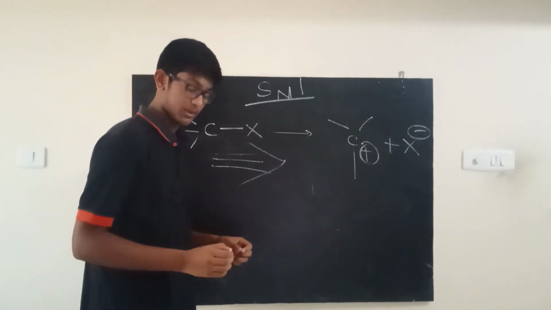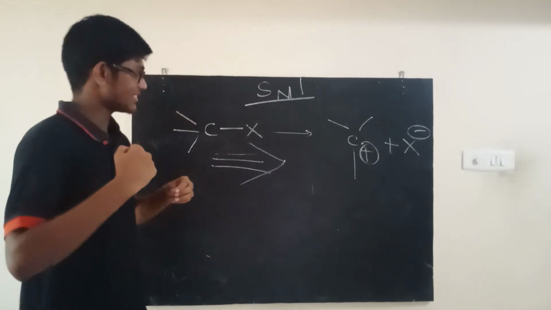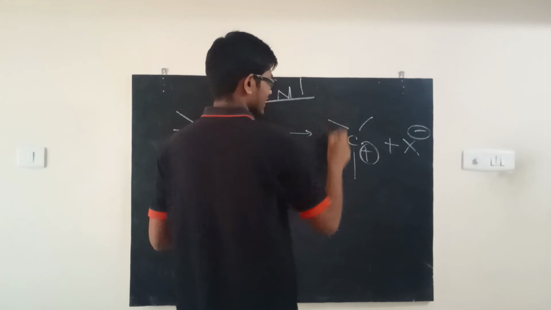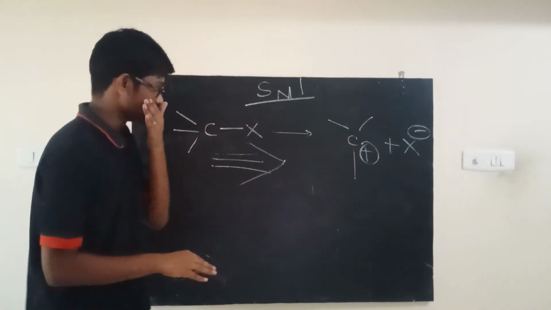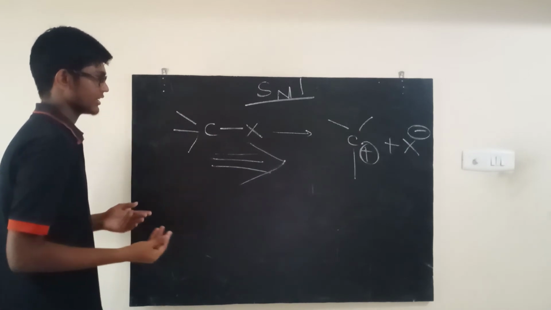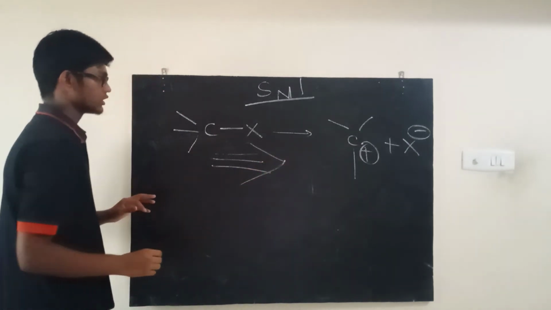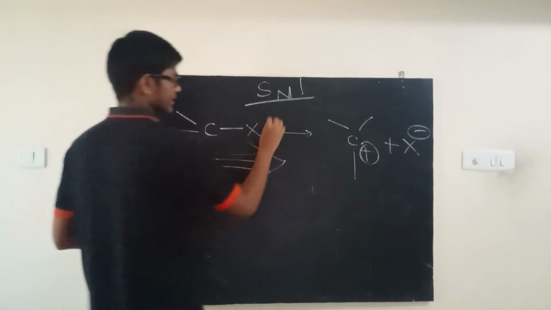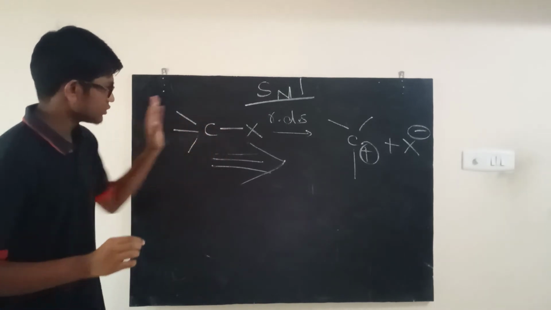Now, it turns out that carbocations do not have that much self-confidence issues, because they can be stabilized. So if you have a lot of methyl groups here and so on, they're going to pump electrons because of the inductive effect, and this positive charge will be nullified a little bit. So it turns out that carbocations aren't that bad. So this is kind of positive, okay? And this is what we're going to call the rate determining step, which I will discuss in detail in the next video. But just remember this. So this is what's going to happen, okay?